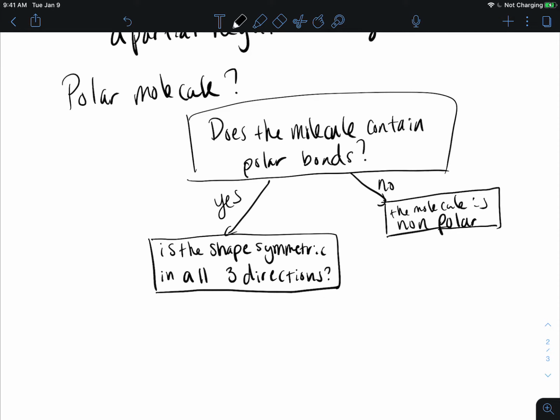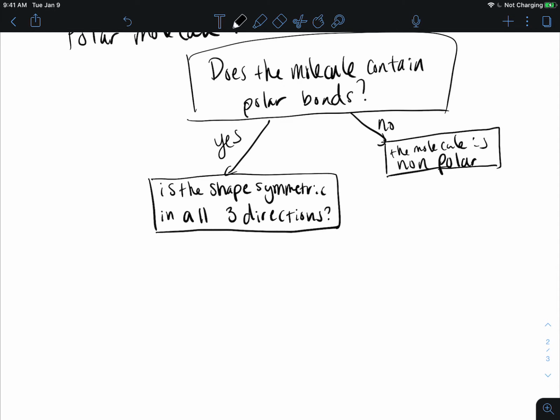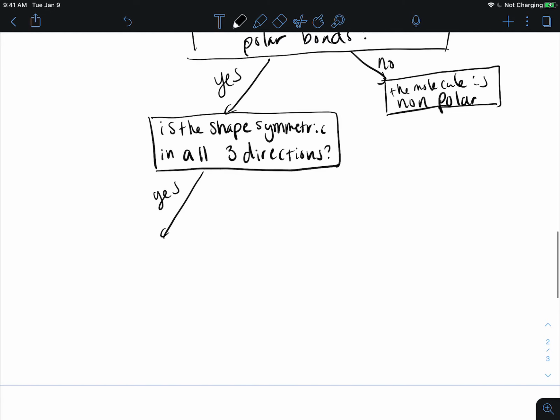There are several different molecular geometries that are going to be considered symmetric molecular geometries. So our symmetric molecular geometries are going to be our linear molecular geometry, trigonal planar molecular geometry,